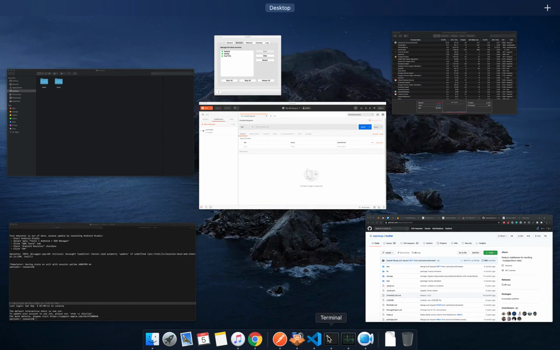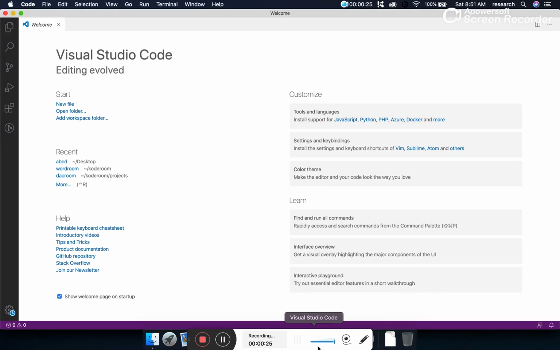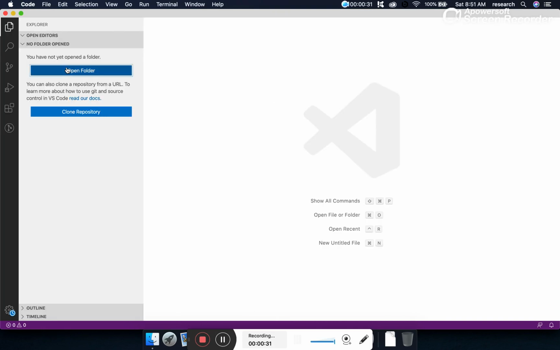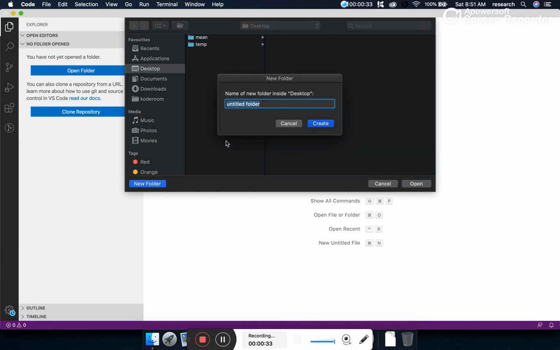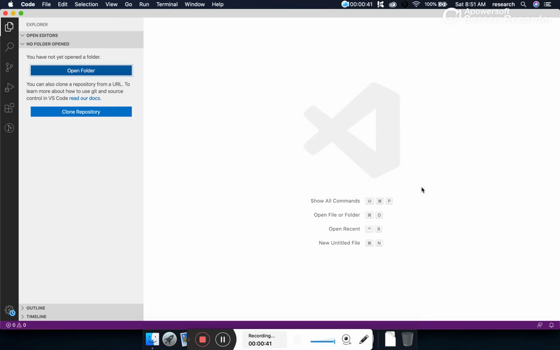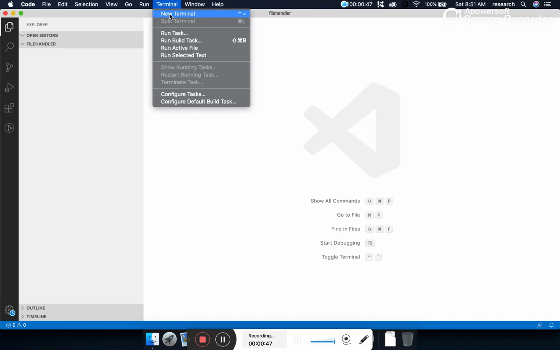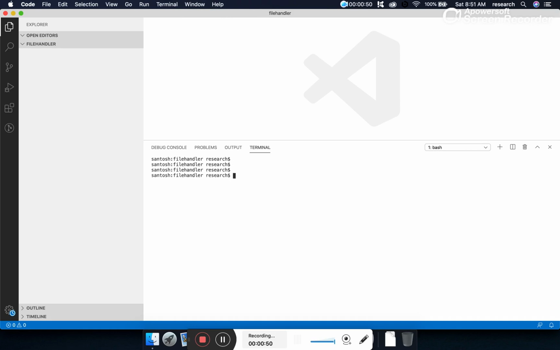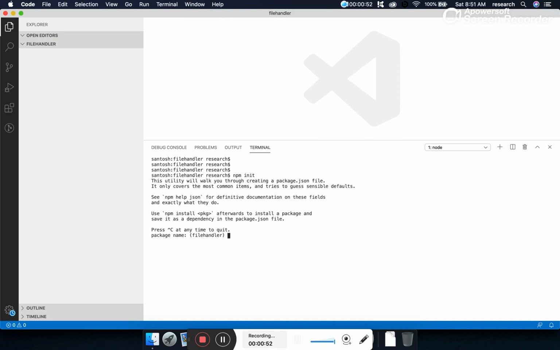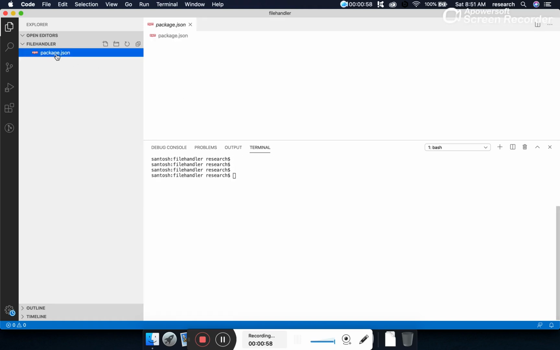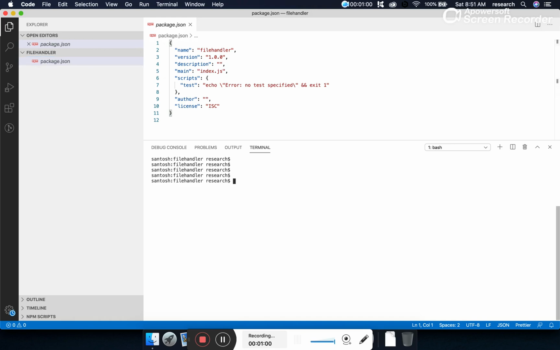For the development purpose, I will be using a VS Code editor. So let's begin from scratch by creating a new project. Let me keep the project name file upload. Since it is a brand new project, we will open the integrated terminal and initialize our project. It asks a few questions. Let's answer those. Once initialization happens, the package.json file gets created.